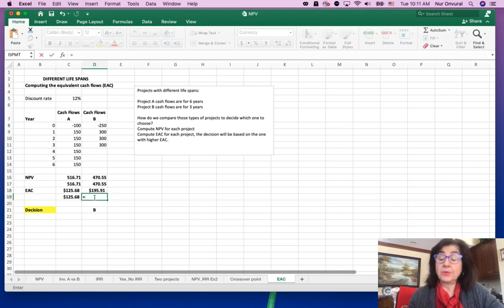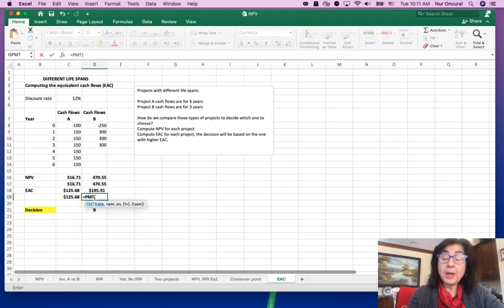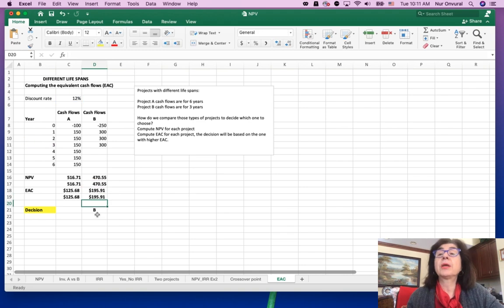And then in order to compute the EAC, I'm going to use the payment function of Excel, use the discount rate of 12%, and this project has 3 years. And then as the present value, I am going to use the NPV that I just calculated, and that should give me that